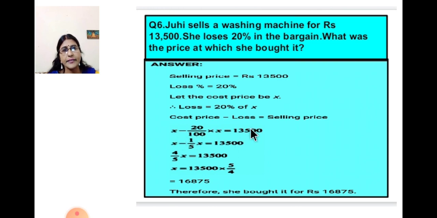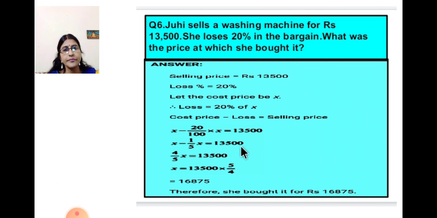Now here we have to find out cost price. So cost price is X. So this is the step. Now next what you will do? You are going to reduce this. This 0 will be cut. 2 1s are 2, 2 5s are 10. So you will get 1 upon 5x. So next step, x minus 1 upon 5x is equal to